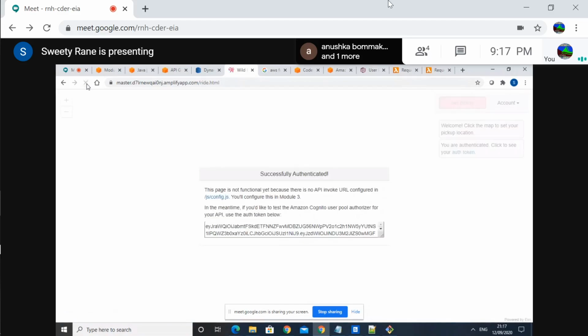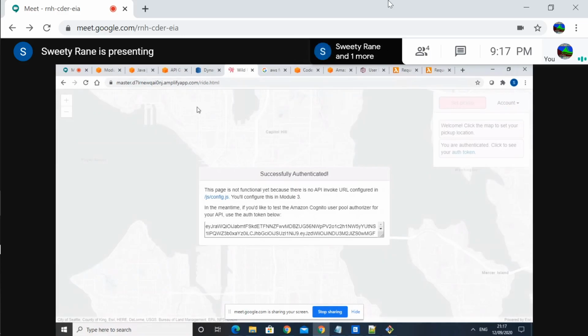Oh, what happened? It said no, the cache we need to remove. So can you open the Amplify? Maybe it's syncing right now.